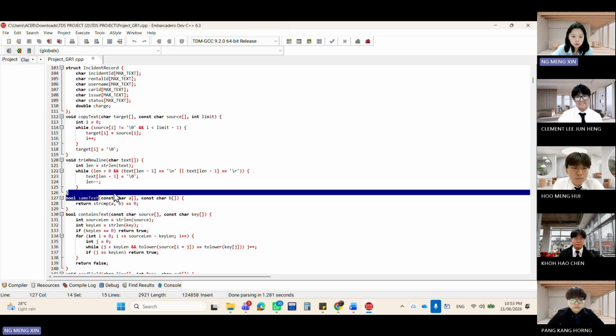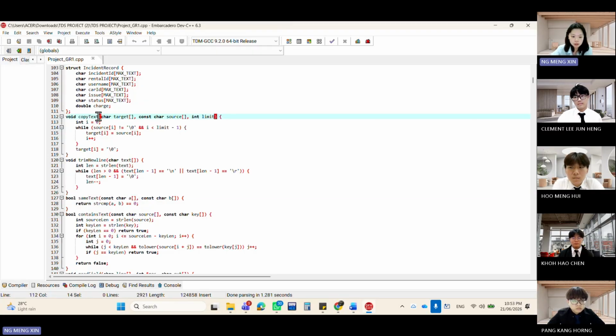These functions are mainly used to support input handling, text processing, validation, file reading, menu selection, and password input. For example, copy text is used to copy text safely into a character array, while read choice is used to make sure the user enters a valid menu option.